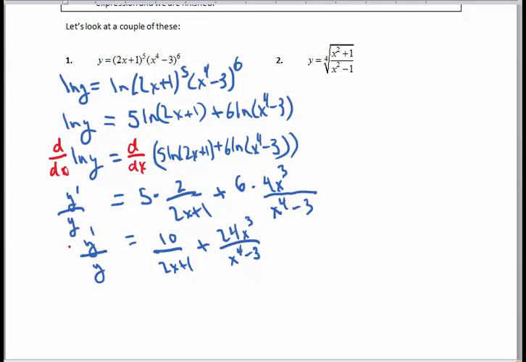And my last step, of course, is just to solve this for y prime. So how would I do that? I would just multiply by y on both sides. So I'm done, right? I've got y prime equals this big expression times y, and all I'd have to do,